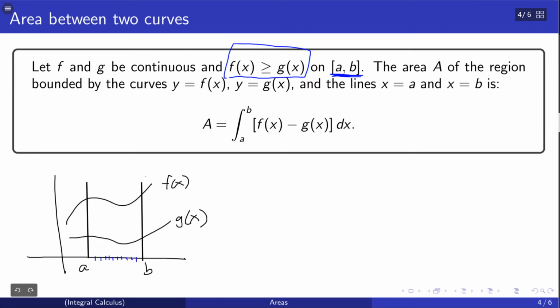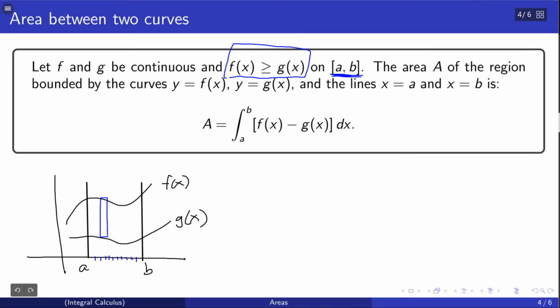So n subintervals in general, and take the limit as n goes to infinity of the total sum of all the areas of the rectangles we get. But in this case, in order to approximate this area, your rectangles don't look like this anymore, right? Where it's just bounded above by f of x and below by the x-axis. Instead, your area element is going to look like this,